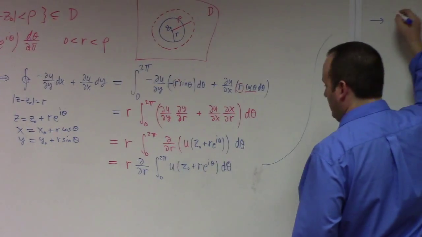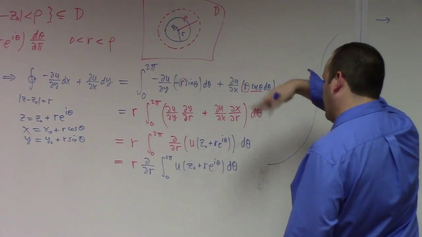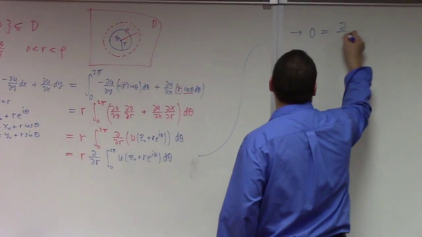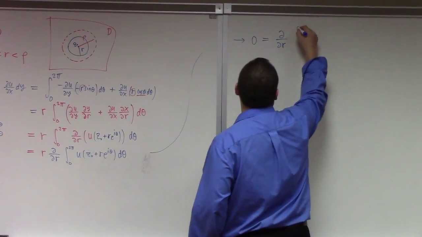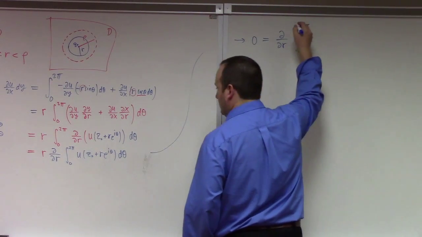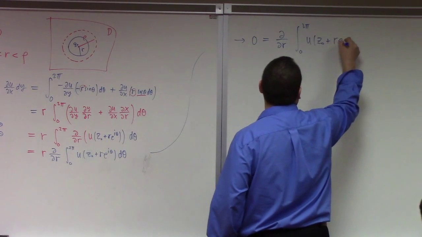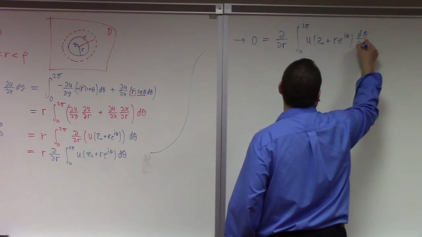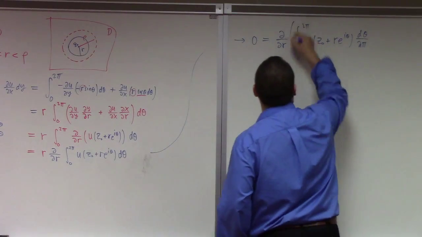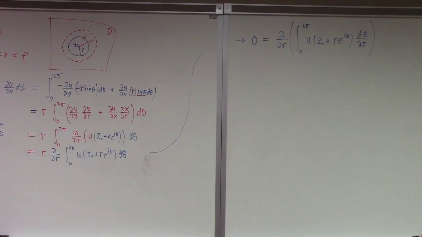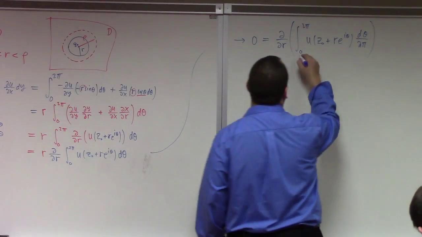So if I divide this by 2 pi r, I get 0 is equal to partial, partial r of the integral from 0 to 2 pi of what? U of, you see what that is? Which is the average value, yes. So we have just showed that the average value,